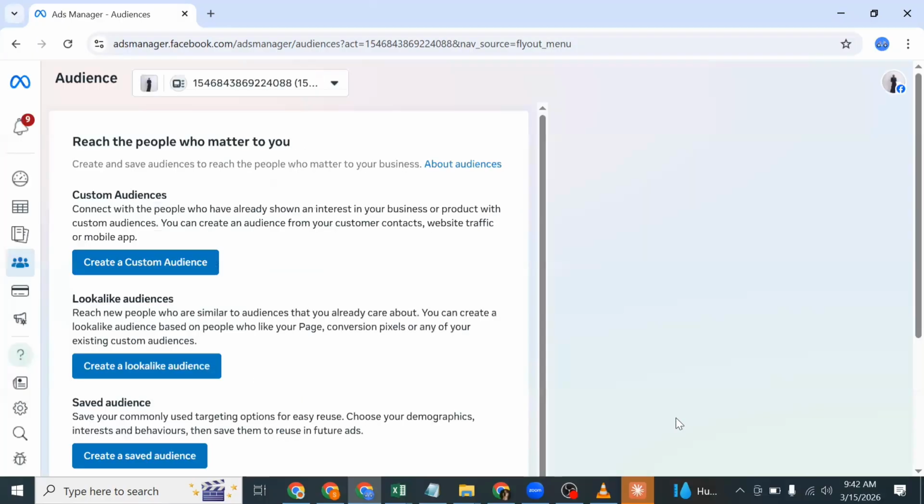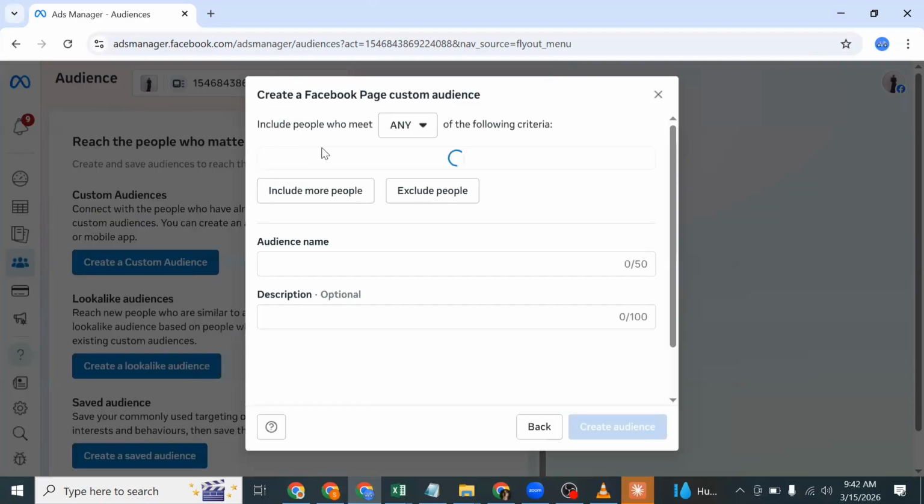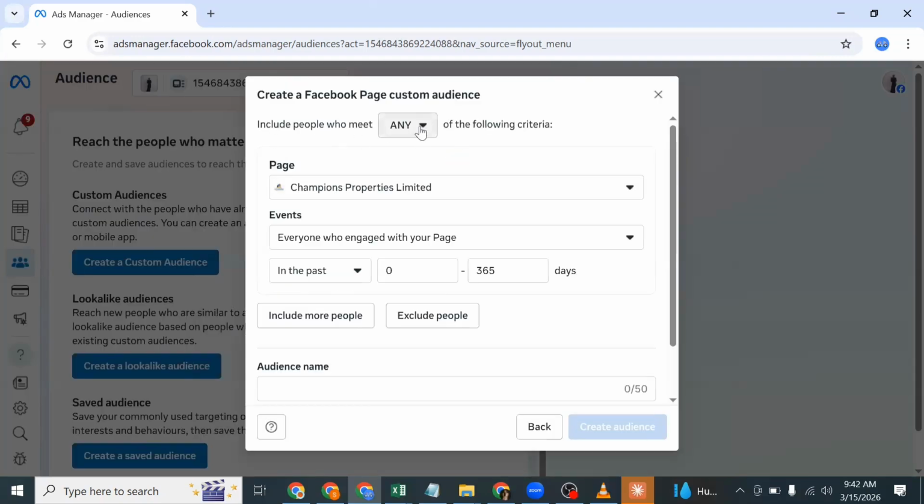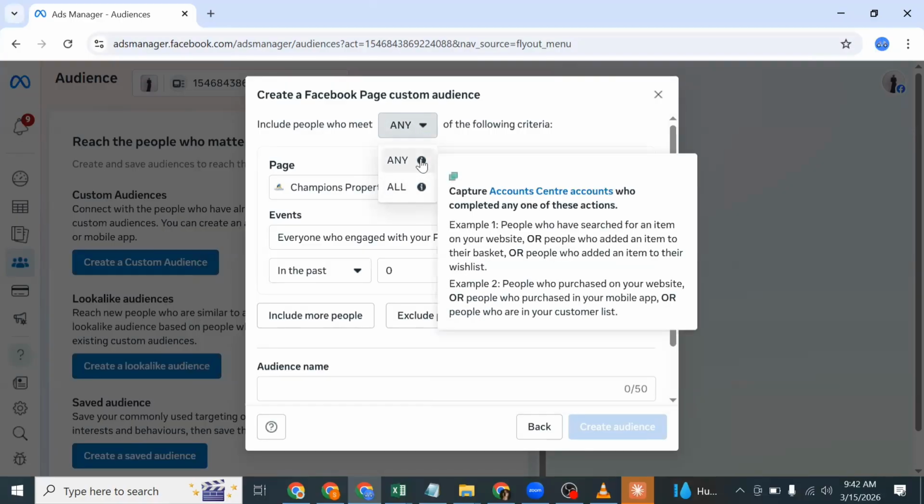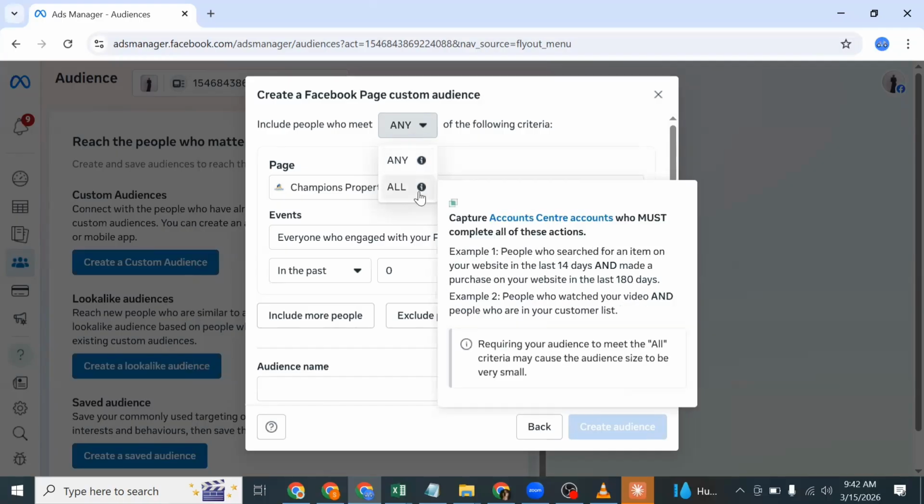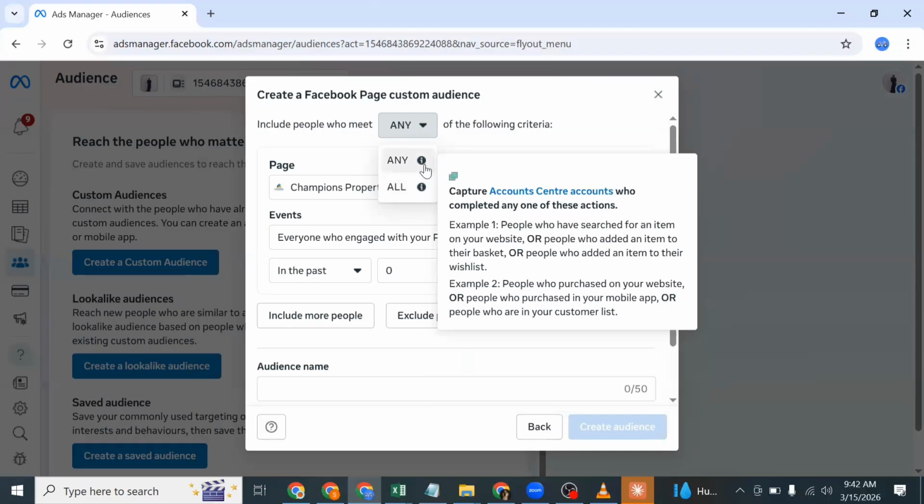And then the next thing here is we're going to see include people who meet. There are two options: is it any or all? Please make sure that you choose any. Don't choose all. If you choose all, you are saying if they meet this criteria but they did not meet that criteria, don't add them. If you do that, your audience is going to be small. What we are telling Facebook is to create a custom audience of people who have met any of these criteria. So we're going to choose any here,